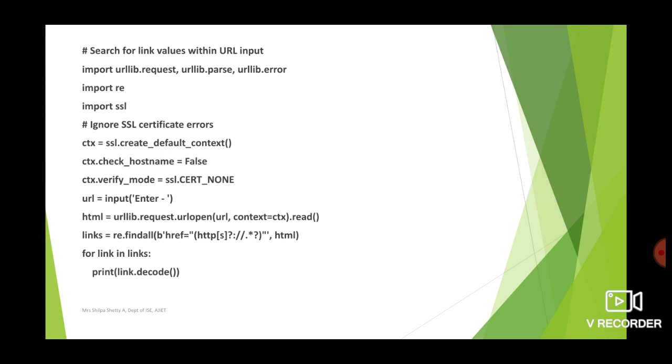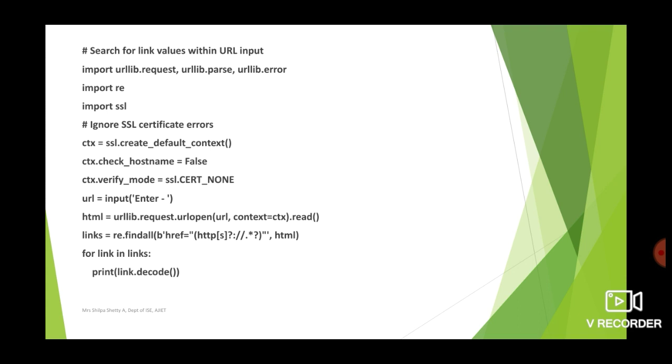This module defines a standard interface to break URL strings up into components, for example the addressing scheme, network location, path, etc., and to combine the components back into a URL string and convert a relative URL to an absolute URL.